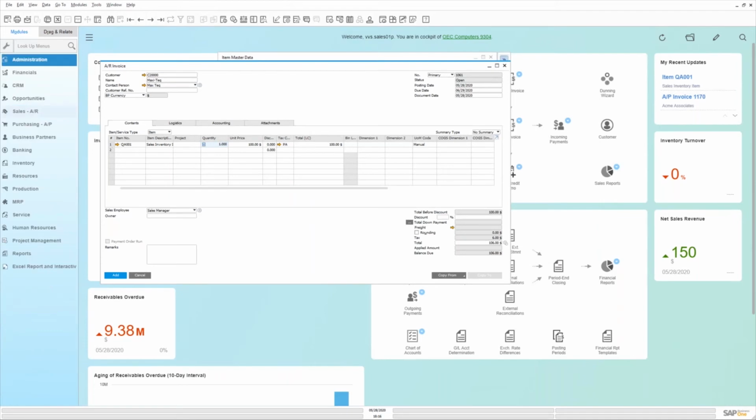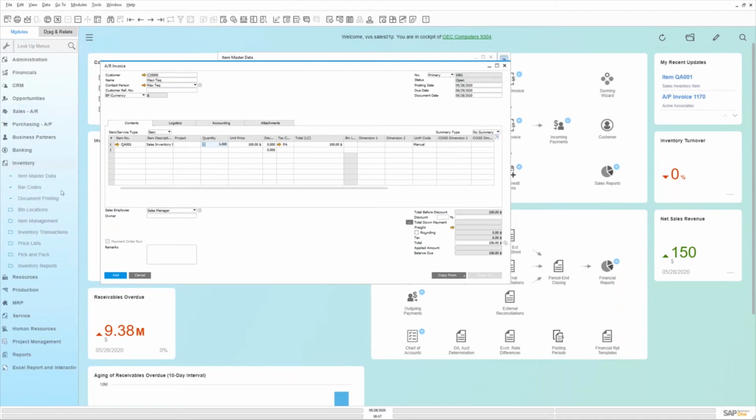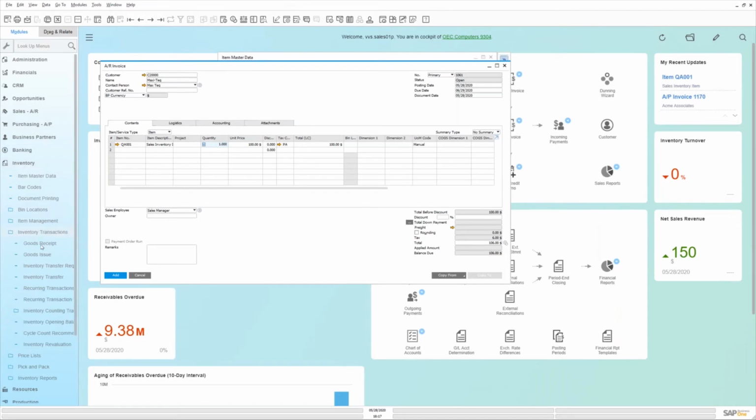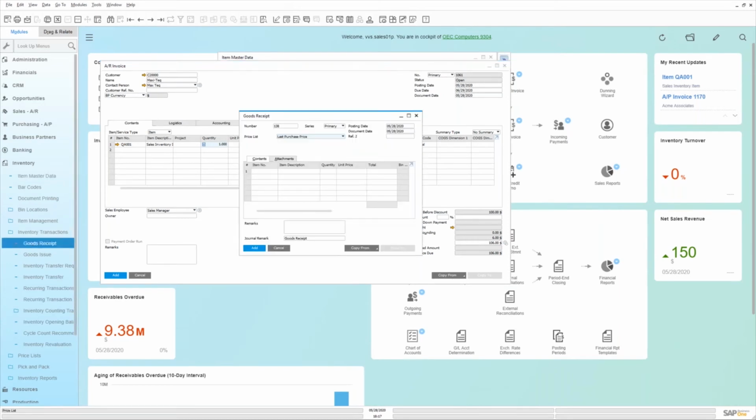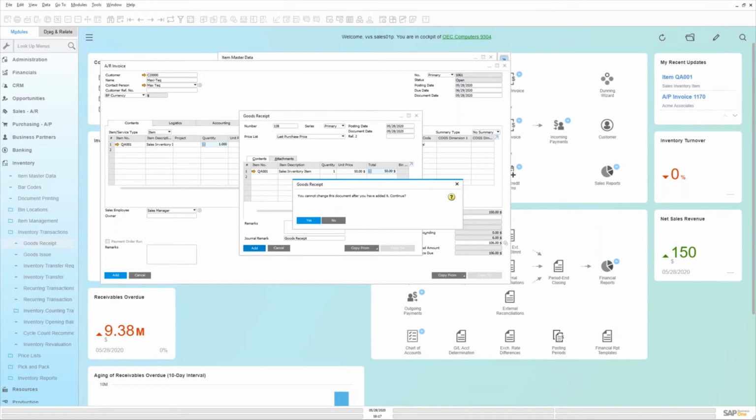So let me just cut a little corner here. I'm going to go to my item master inventory transactions, and I'm just going to receive something into inventory. So this is not the same as buying an item. This is just essentially saying I've discovered it and I want to put some on my shelf. This could be a manufacturing process that you've run, so maybe that's how you ended up with inventory that you don't sell. So if I add something to stock,